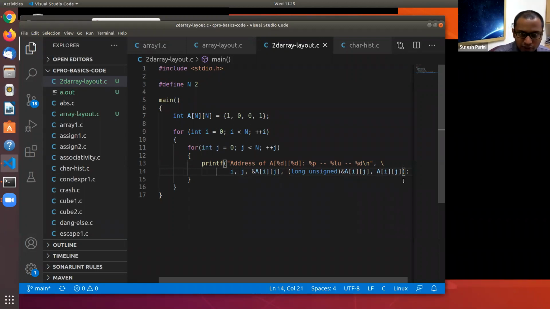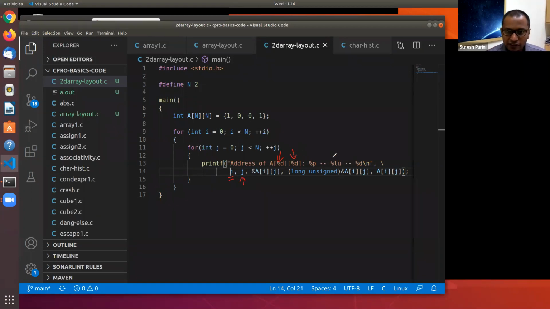What is happening here, to make it clear, is that this i corresponds to this one, and this j corresponds to this %d.